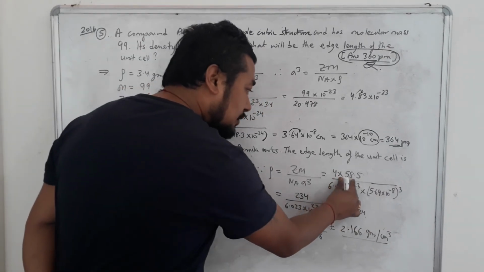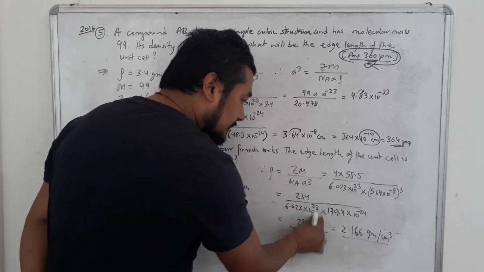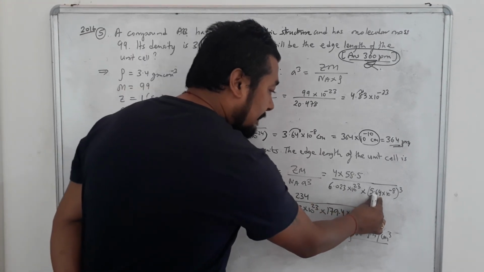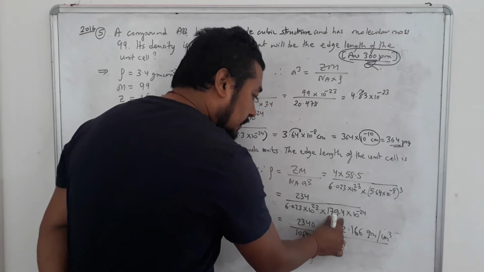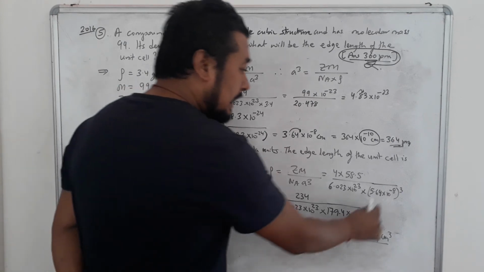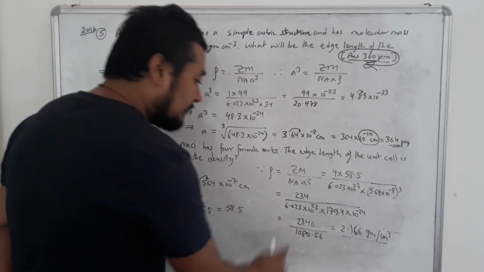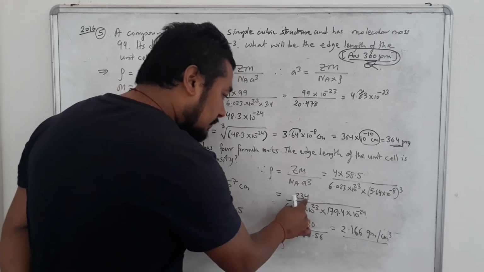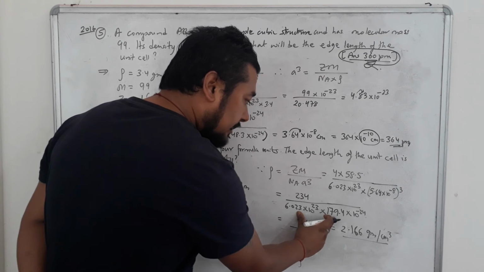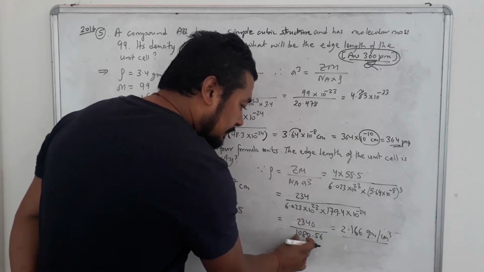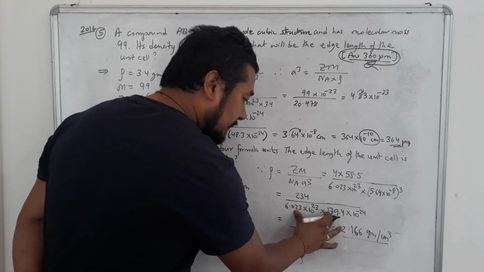When you multiply these two, you get 234, students. This is as it is. Now, if you multiply 5.64 three times, 5.64, 5.64, 5.64, it will come 179.4, students. And the 10 to the power minus 8 cubed is 10 to the power minus 24, students. Now, this one is up only. When you multiply these two, you will get 1080.56.